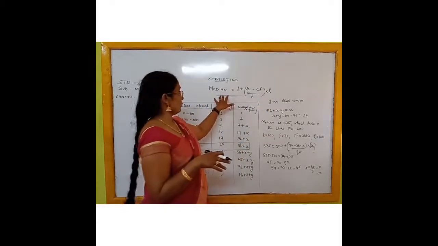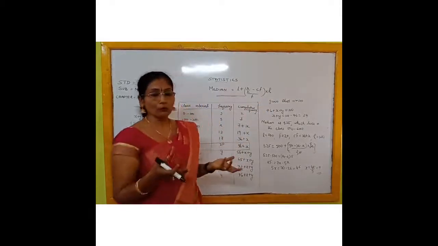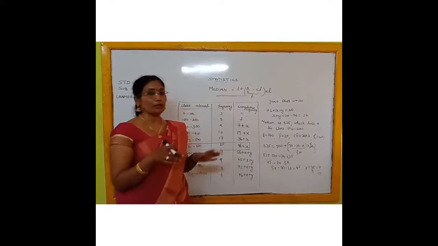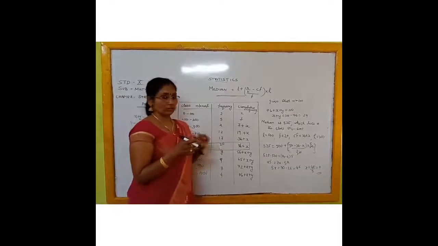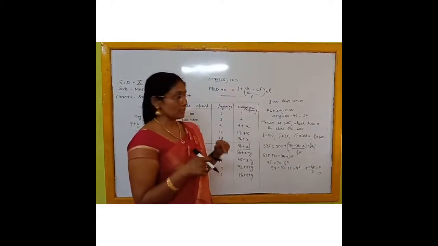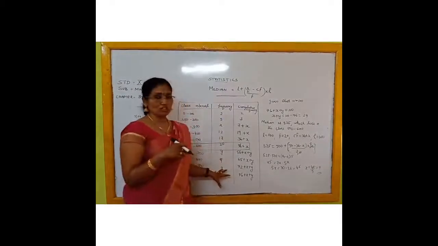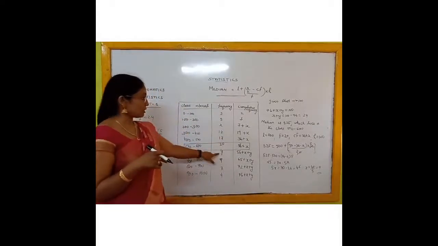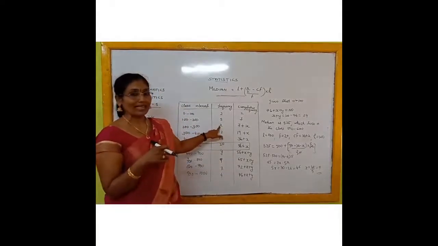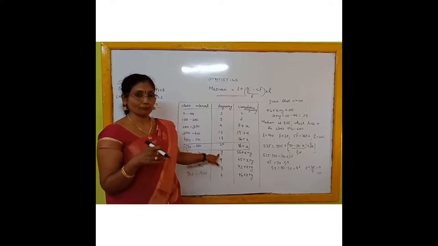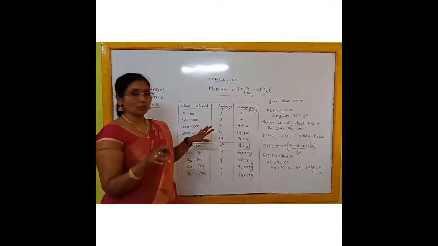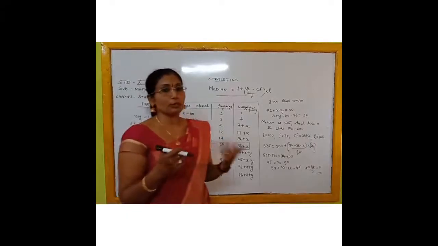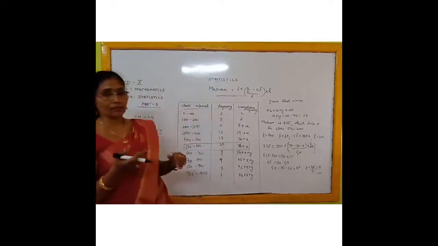And related to using this formula, how to find the median is already covered in the last class. Now today we are going to see that, using these formulas, suppose in this frequency distribution table some frequencies are missing. Two frequencies, one is X and another one is Y. This is your example only, not the exercise question. There is also one exercise question that you can do yourself using this same method.